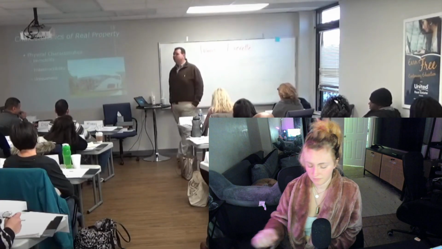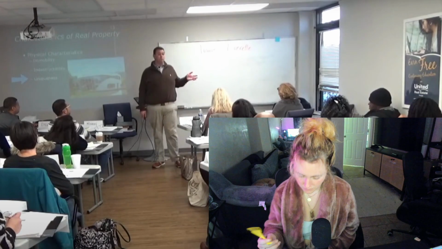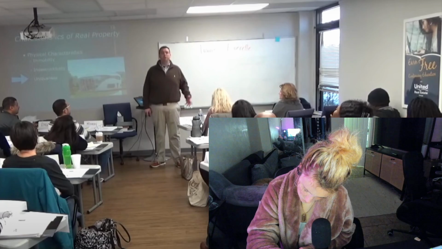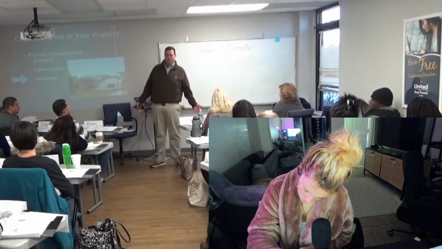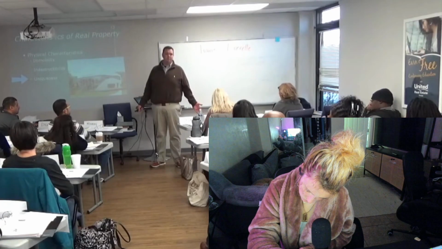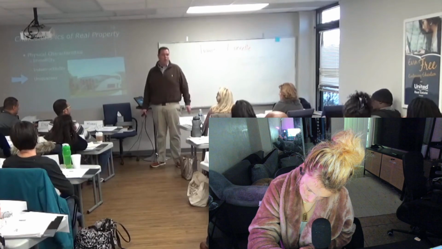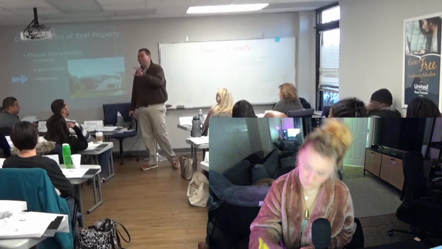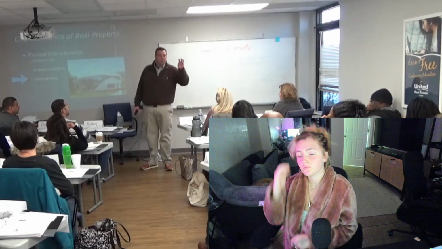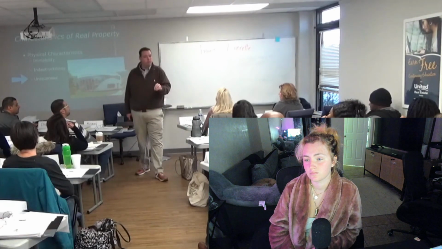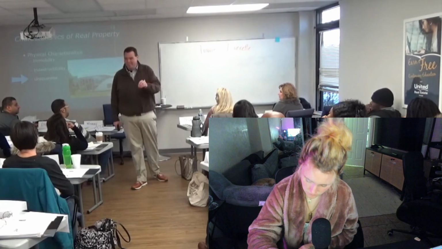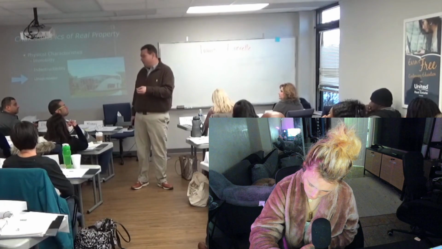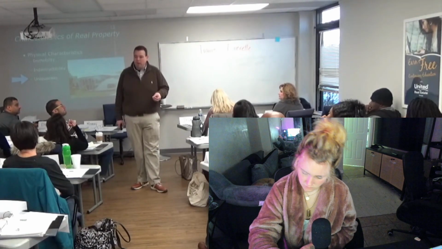And lastly, it is unique. Now this uniqueness one is probably the most important one here. Real property is unique. And what's the definition of real property? What's the first word, that four-letter word? Be careful with four-letter word. Land, right? So ultimately, when we say real property is unique, isn't that another way of saying land is unique? That means every piece of land is what? Different, unique. You can't trade one piece out for another piece. It doesn't work that way.